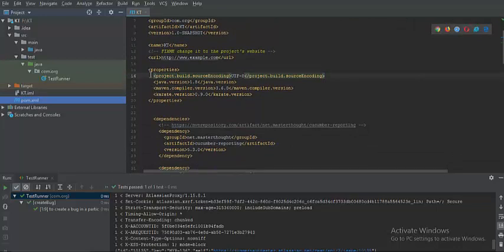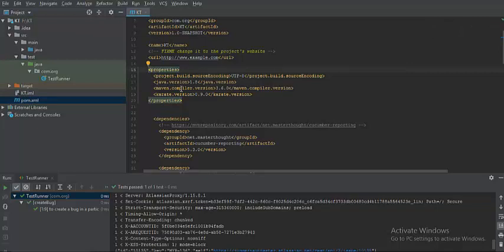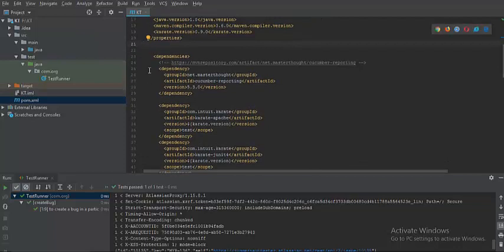So properties is basically the tag where you can manage the versions of a particular tool, programming language, or any other library that you are using. You can see we are managing the Java version here, the Maven compiler plugin version, and also the karate version. So 0.9.0 is the version that we are using currently, and Masterthought cucumber reporting is the one that we have already seen. It is coming from Masterthought, just to have a good reporting structure. It gives us the holistic view of all the feature files that we have run.